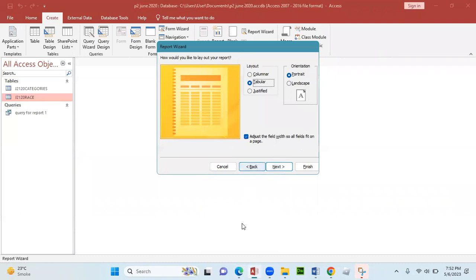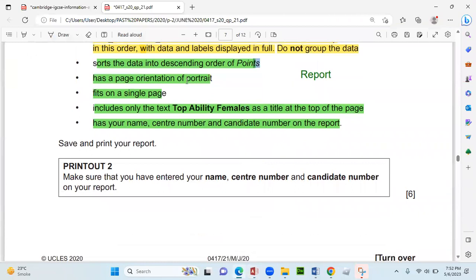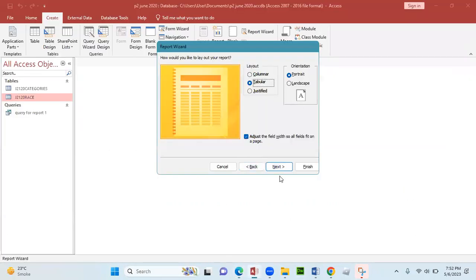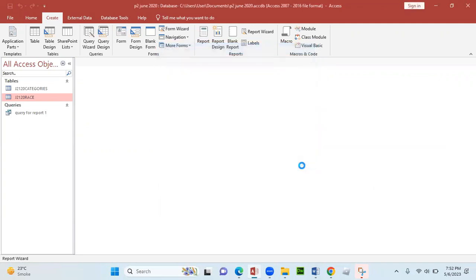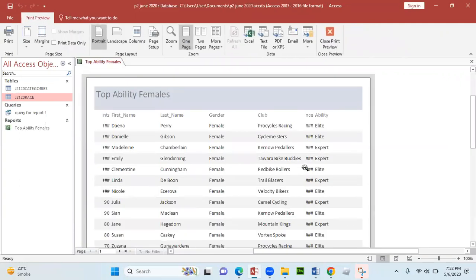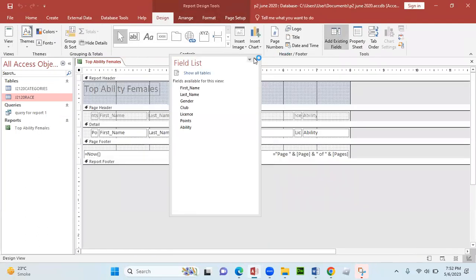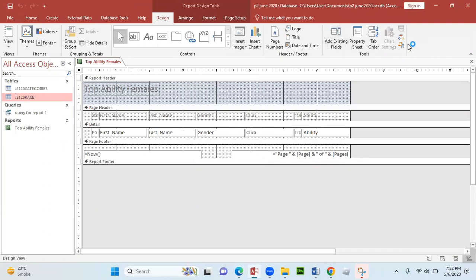It says your report should be portrait and should fit on a single page. The title should be Top Ability Females. Okay, over here it's fine. Next, title should be Top Ability Females. Finish. Now, when you finish your report, it will always appear in print preview. You close the print preview,